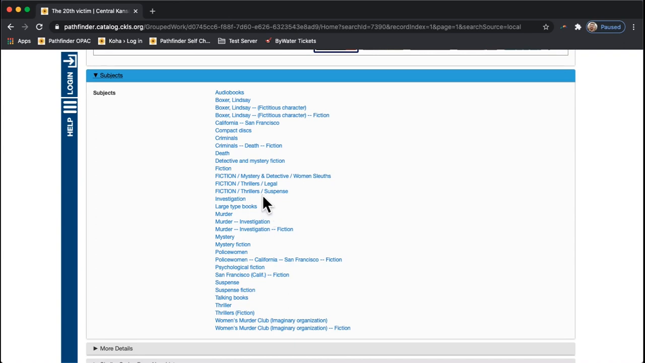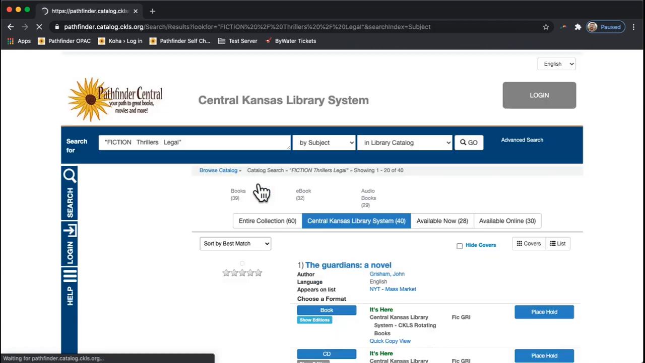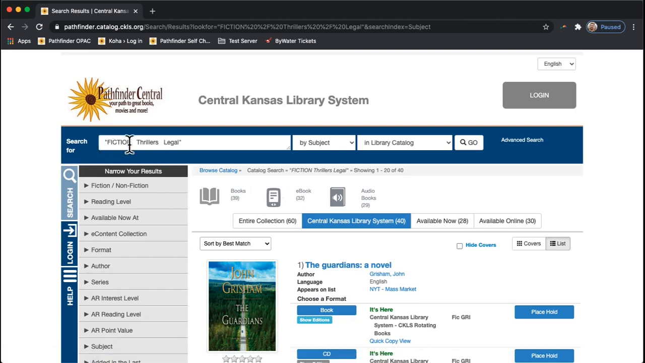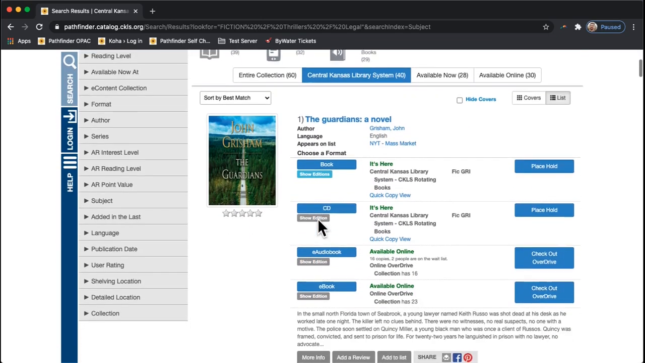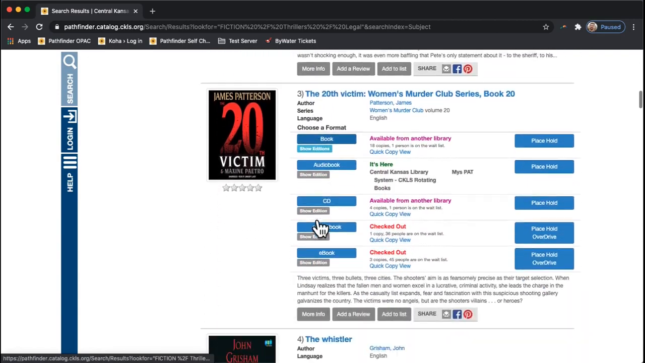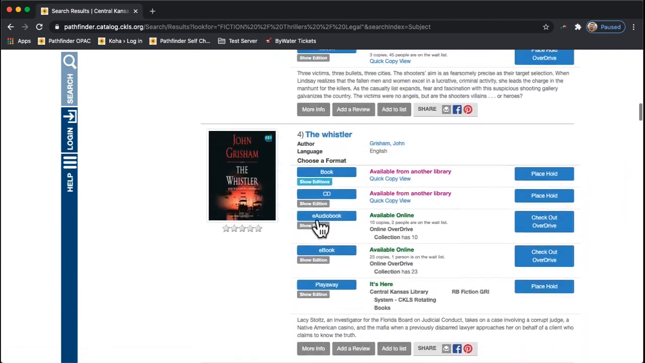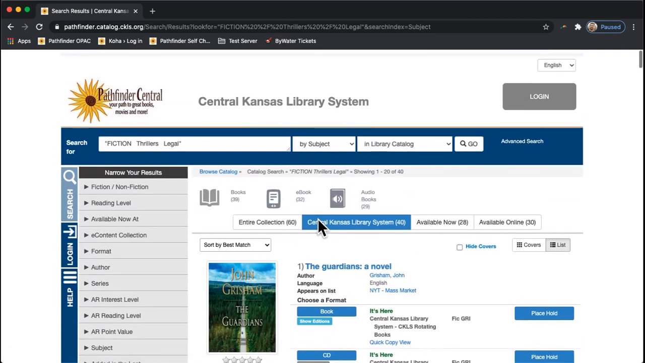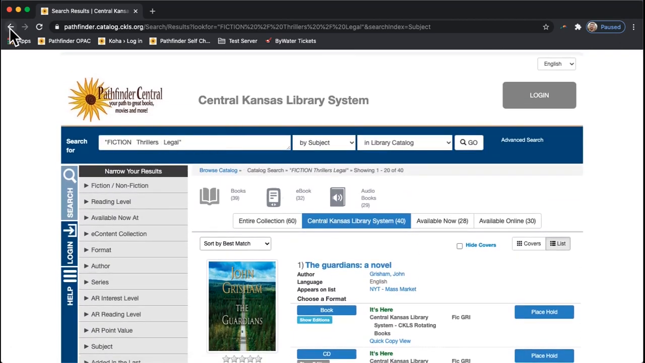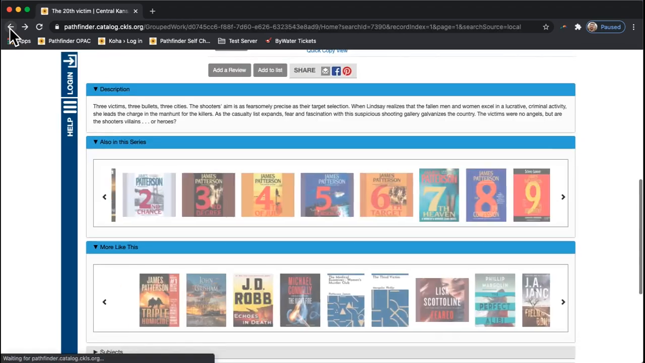So let's say we want to look for other legal thrillers. We can click right here where it says fiction/thrillers/legal, and it will do a search for that specifically. As you can see in the search box, it filled it in for us: fiction, thrillers, legal, and it's searching by subject. Now, if you scroll through this list, all of these will be items that have the subject headings of fiction, legal, thrillers. Let's go back to our other page,